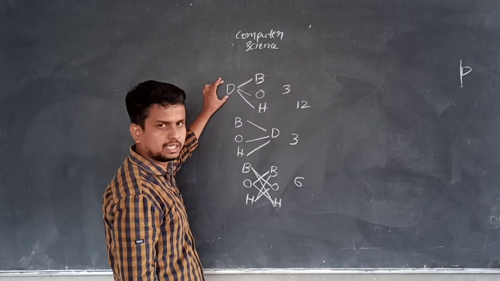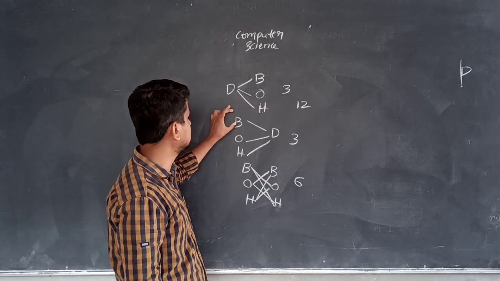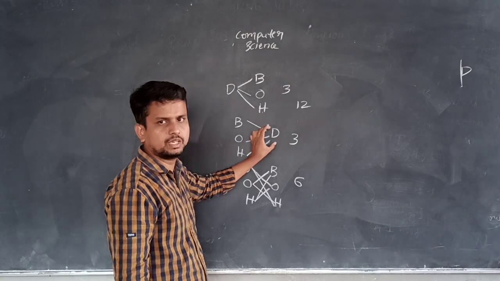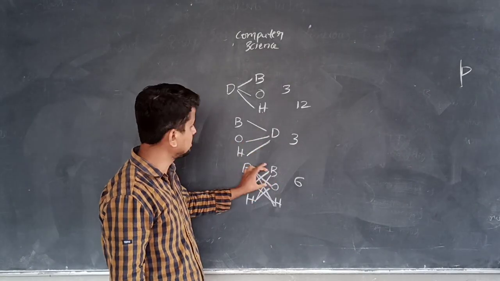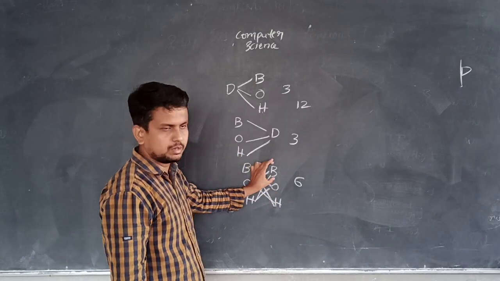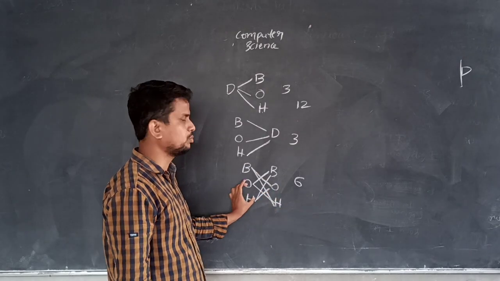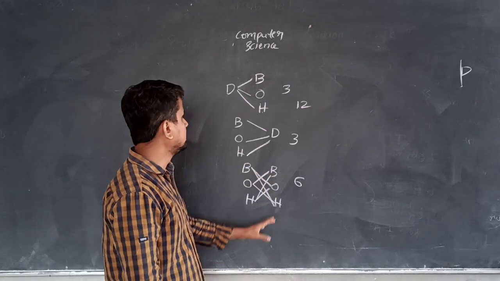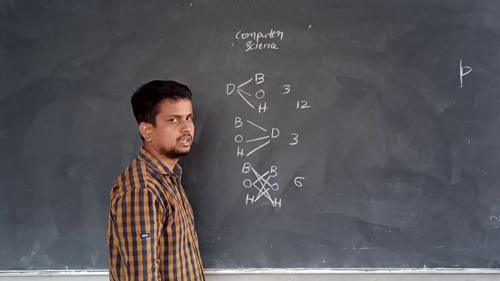So the first conversion, decimal number system to binary number system. Second conversion, decimal to octal, decimal to hexadecimal. These are 3 conversions. Binary to decimal conversion, octal to decimal conversion, hexadecimal to decimal number system. These are 3 again. Again, binary number system to octal number system, binary number system to hexadecimal number system, octal number system to binary number system, octal number system to hexadecimal number system, hexadecimal number system to binary number system, hexadecimal number system to octal number system. These are the 12 approaches, 12 conversions we are discussing.